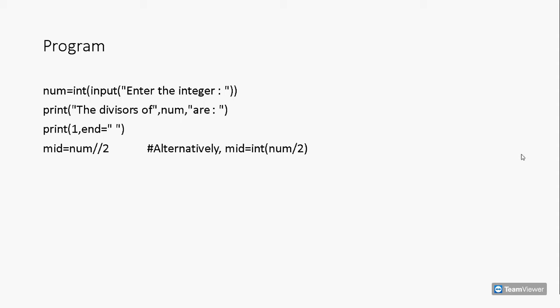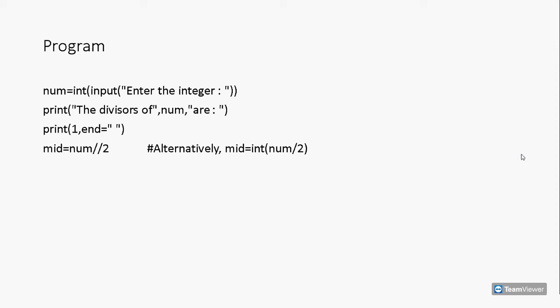But a divide operation in Python always shows the result in decimals, and the range function can take the arguments only in integers. So, we want to extract the value of the decimal number rounded down to the nearest integer. For that, we can use the int function or the floor division operator, which is represented by double slash. Here, we are using the floor division operator, but you are free to use the int function too. For that, you will have to write mid = int(num / 2) as the replacement of this command. It will work just fine.